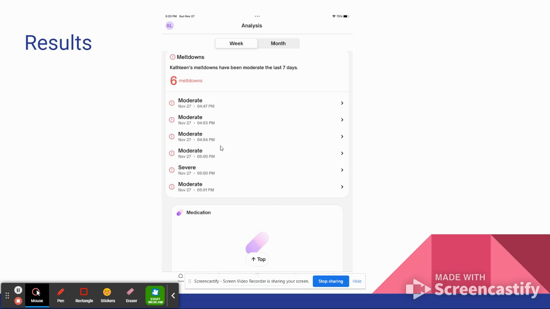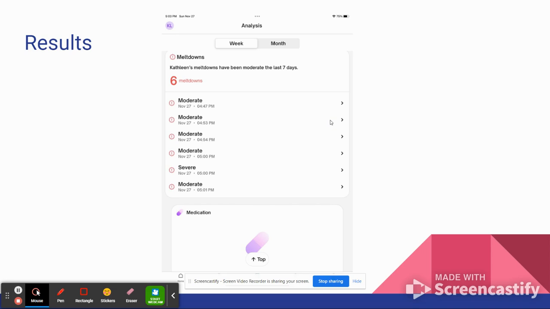So you can look at that, you can be tracking, you can see all these meltdowns were because the medication was missed, or all these meltdowns happen when the child got 5 or fewer hours of sleep. This is a really important aspect of it as well, because you're able to really track those meltdowns and see what is causing them. As I said, you can press on the arrow and it would show you more information on all of these. And the same thing with the mood, this is important because it's able to have all this data compiled into one.